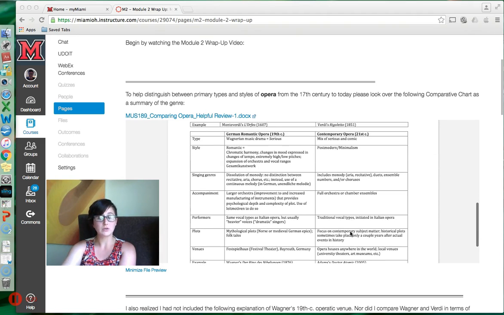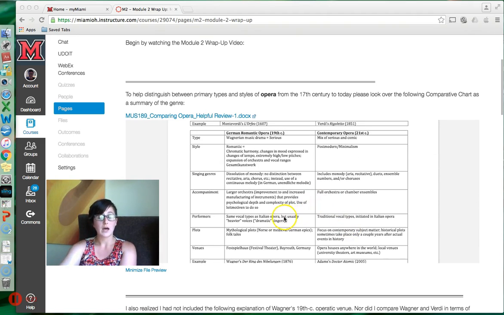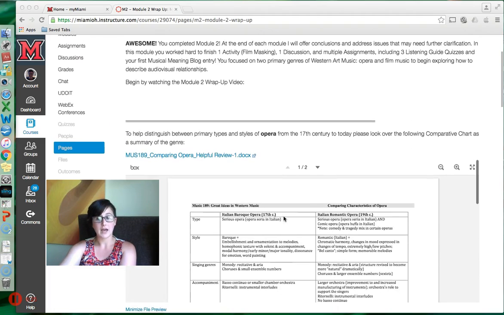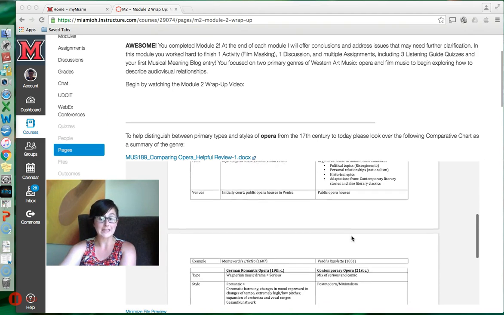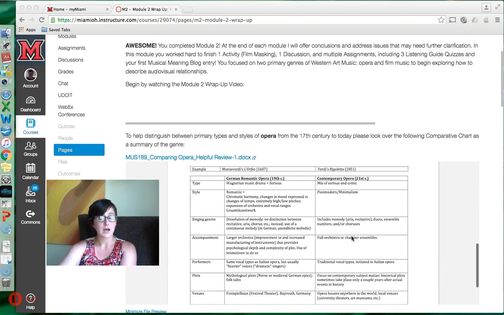If we move into 19th century German opera, so the German opera of Wagner and Italian opera of Verdi, they're contemporaneous. They're happening at the same time, but they're very, very different. So we call Wagnerian opera music dramas. The style is still romantic, but he is going to focus specifically on this philosophy of Gesamtkunstwerk, a total, that's how you say that word, Gesamtkunstwerk. It's a total work of art, a synthesis of drama, your plot, your literary side, the visual side, as well